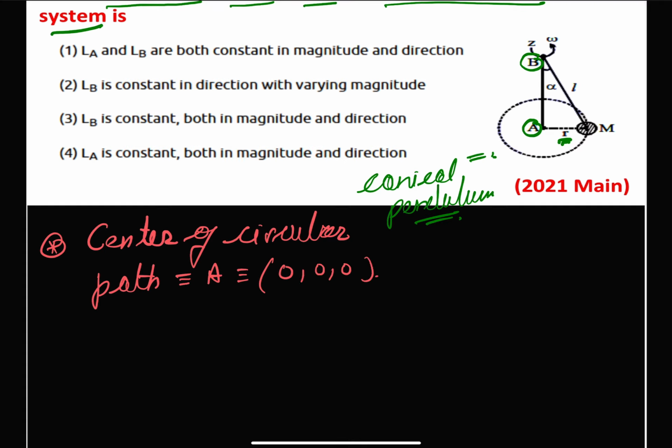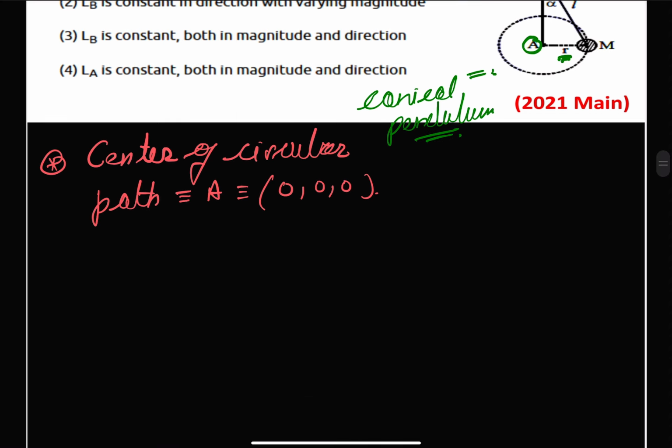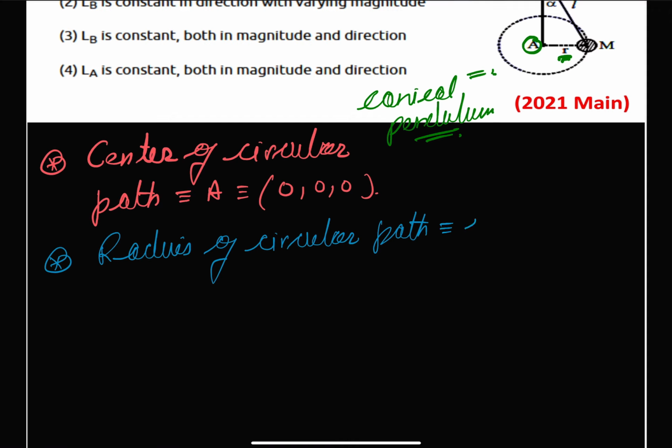And the conical pendulum length is given as L, so we can write that our radius of circular path, that is our R, will be equal to L sine of alpha,